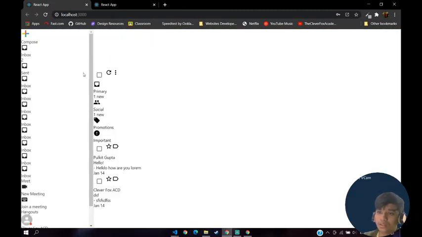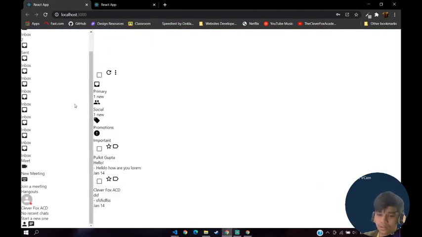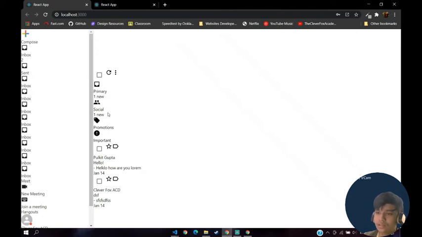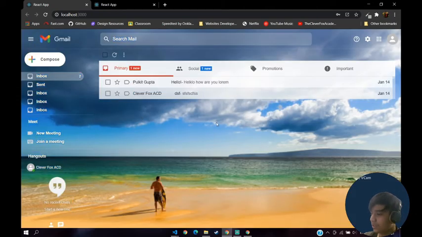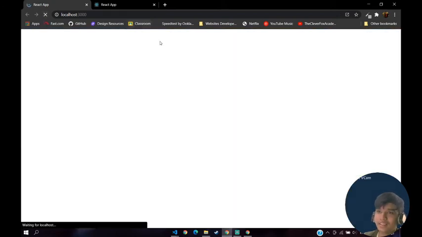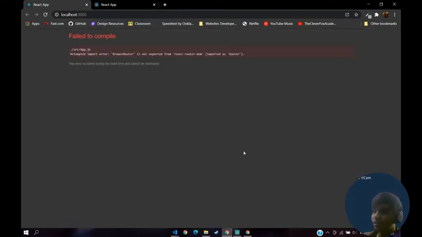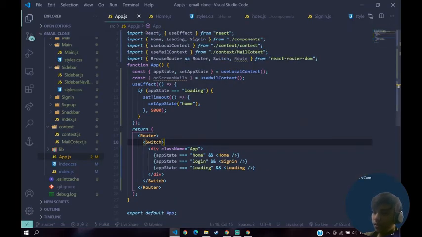What just happened right now? Okay, I don't know what's happening to this. Our styles just went away for some reason, right? I think my computer's lagging. Okay, what we are getting is not okay, it should be BrowserRouter, not BrowseRouter. BrowserRouter. Yeah, now this should work.